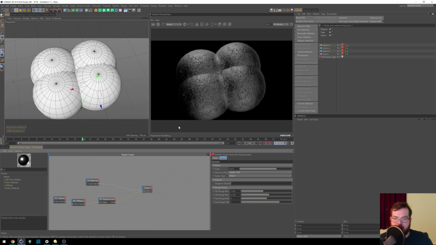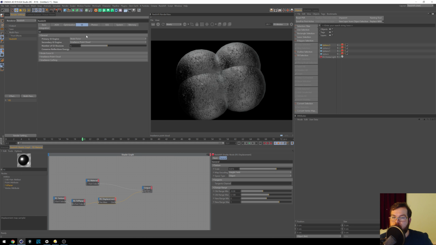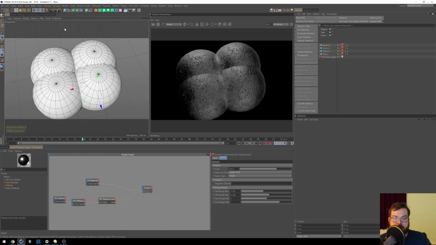So I don't know. Right now I've got progressive rendering on. Let me see if I turn on buckets, which I don't think I have. My GI, I do have GI turned on. Okay. So I turn on buckets. I don't get any of that. You know what? I wonder if it's GI related, but I also wonder, Dustin, if it's